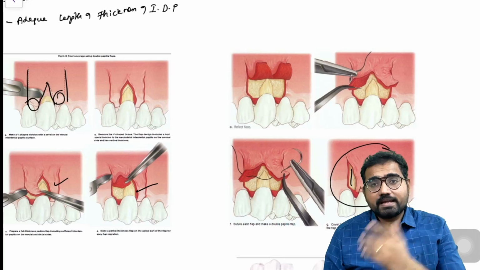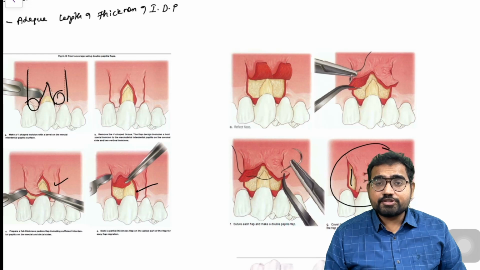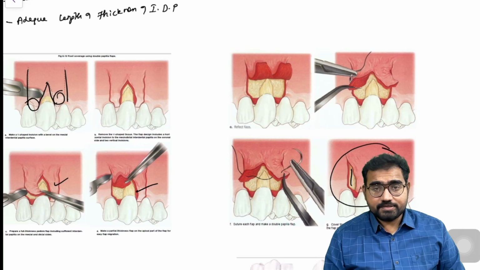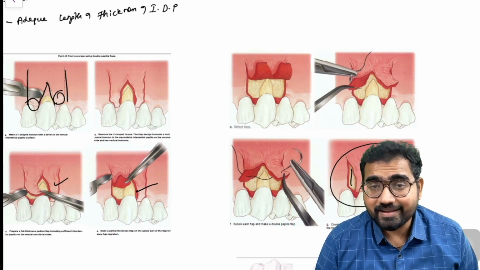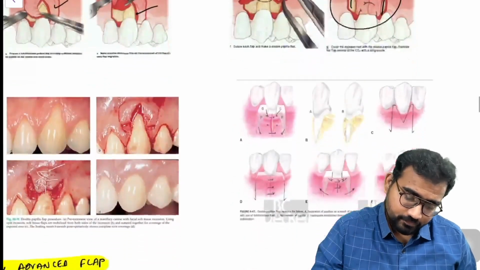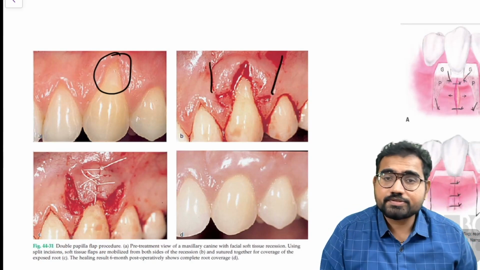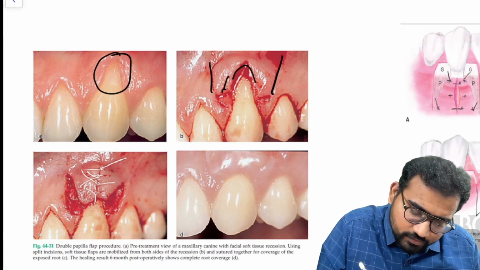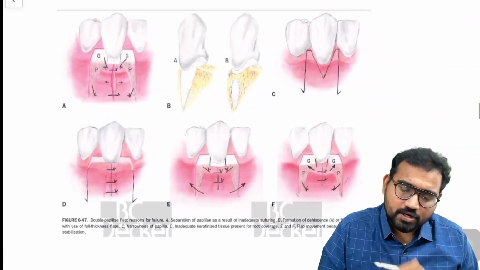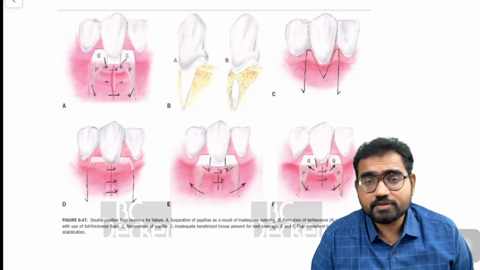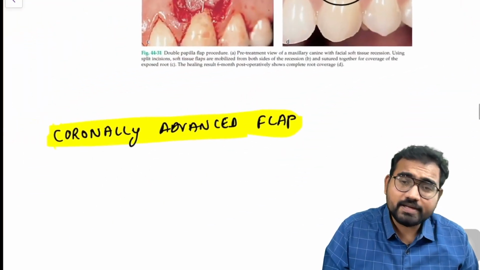So the double papilla flap, even though it has the advantage of the thick interdental papilla and good vascularity, because there is elevation of a full thickness mucoperiosteal flap, there are chances of fenestration and dehiscence at the donor side. Fine, it cannot be used for multiple recession defects. There should be adequate length and width of the interdental papilla to perform this procedure. Excellent. So this will be the clinical picture. As you can see here, there is a recession, and I'm giving two vertical releasing incisions, and I'm going to raise a full thickness mucoperiosteal flap, suture it, and here is the post-operative image. Again, the causes of failure: too tight a flap, increased tension, failure; fenestration, dehiscence, failure; a narrow flap, failure. So these are a few causes of failure of the